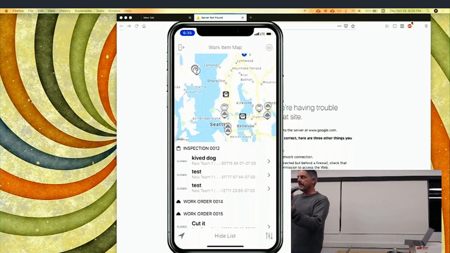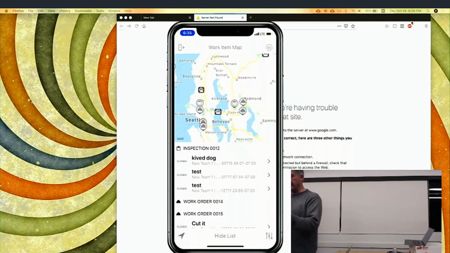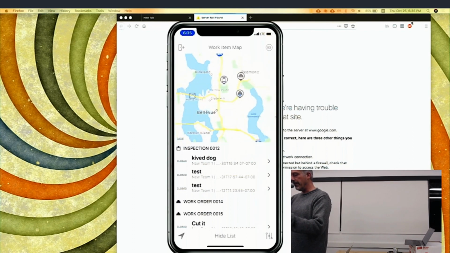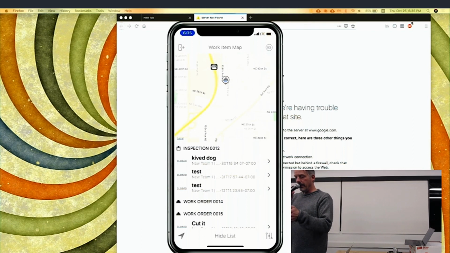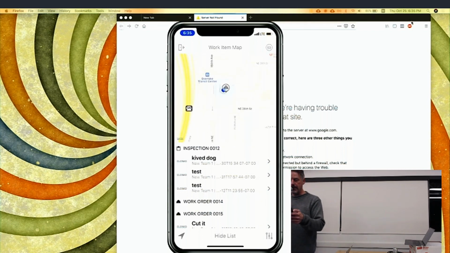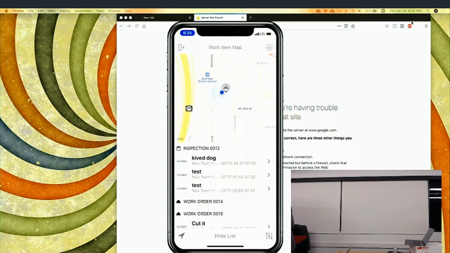So now I'm actually running this app on my phone. So you see there's a map here, Google Maps, and there's lots and lots of little pins on it. One of those pins I put there earlier. That's actually a work item right here at Microsoft, Building 20. So I'm just zooming into that. So the idea is that we get ourselves close to the item, and then we can click on this little button in the top right-hand corner, these little goggles up here. Click on that, and